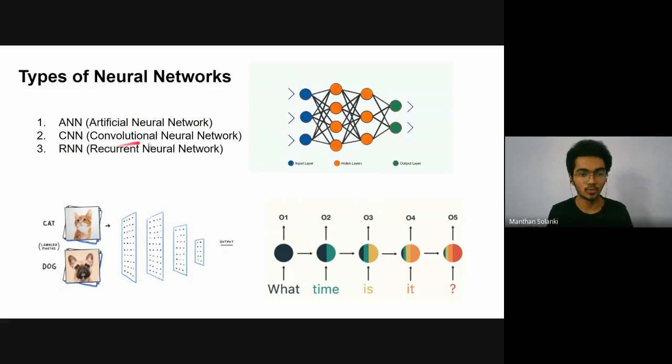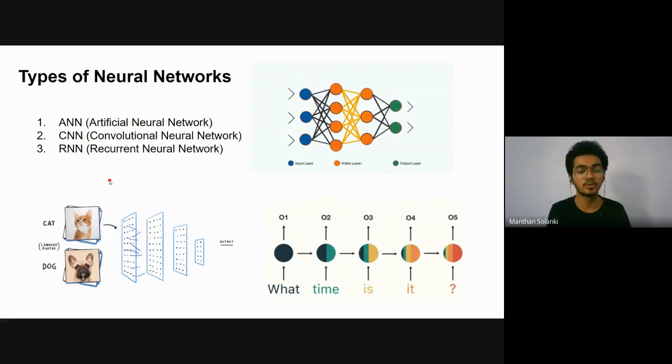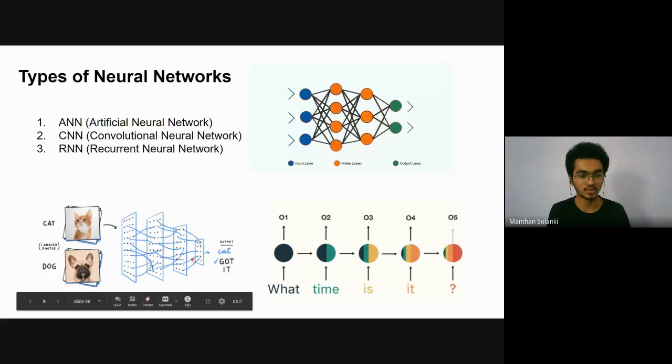And second is the convolutional neural network. Rather than applying images directly to the dense neural network, first we pass those images through the convolutional neural network, where we have kernels and filters that learn different features from the images, like hard edges and soft edges. This is learned using the convolutional layer, and then we pass these features to our densely connected neural network. This is widely used for image classification and recognition purposes.